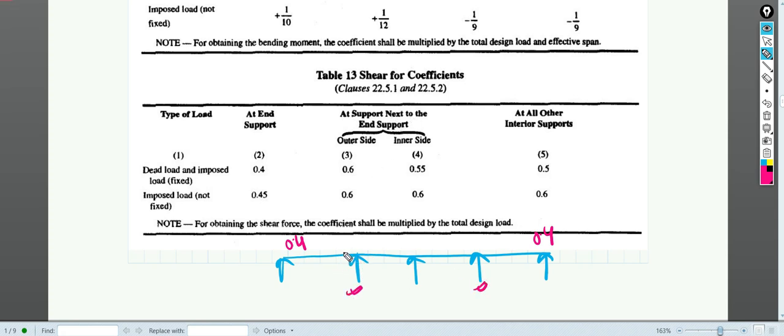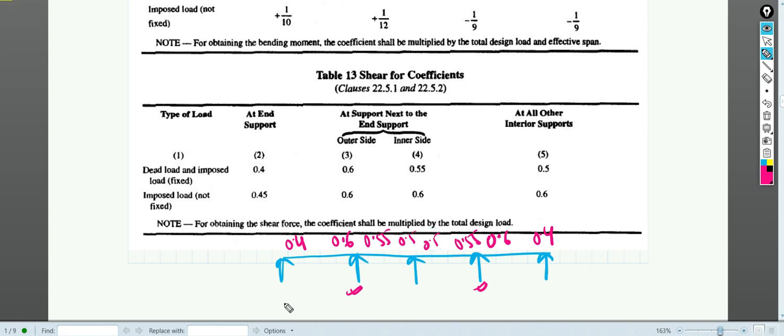So here this is the outer side, this is the inner side. Outer side we have 0.6 and the inner side will be 0.55. And at all the other interior supports it is 0.5 and 0.5, because